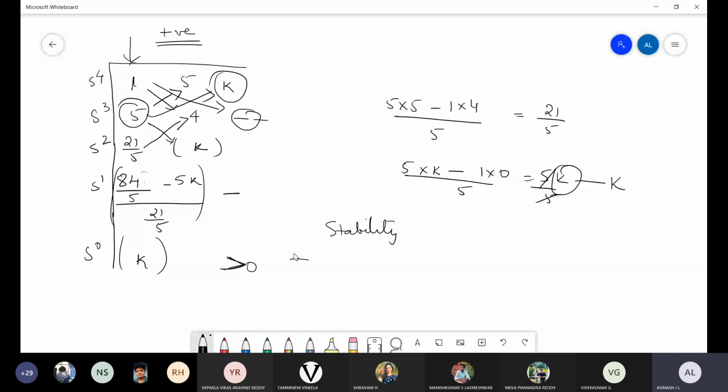Okay. So now whether these two are greater than 0 or not, we don't know. But in order to make sure that the system is stable, we must say that the value of k is greater than 0. Okay, write down. For the closed loop stability,